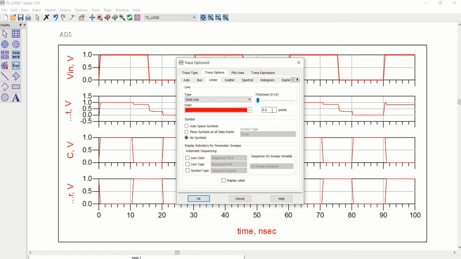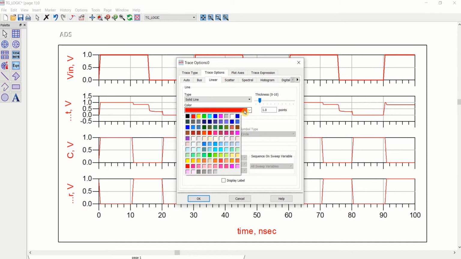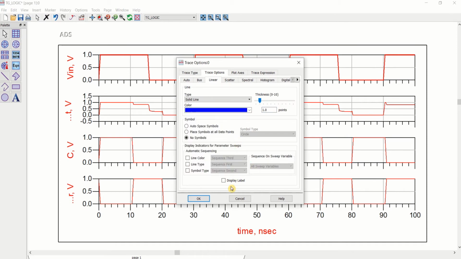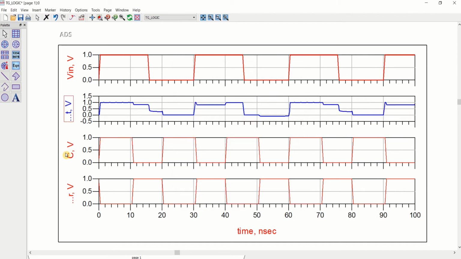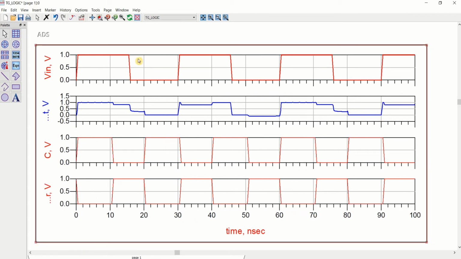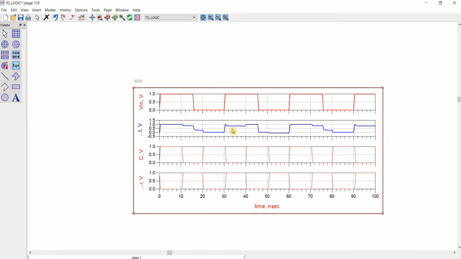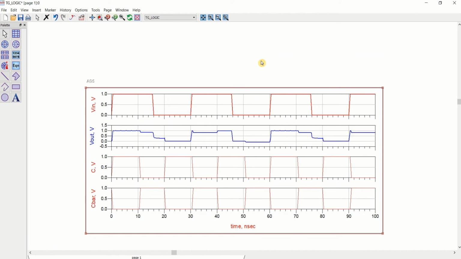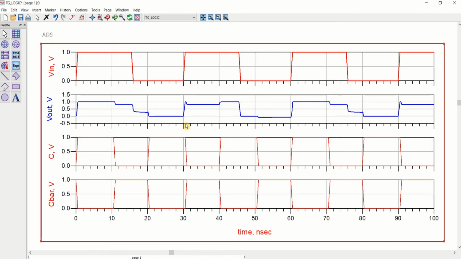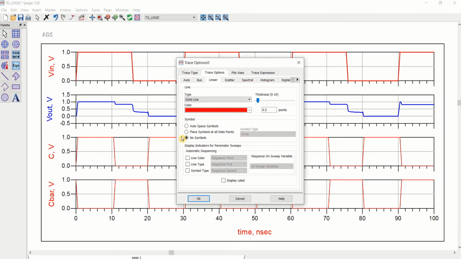This is your V out, 1.0. Change the color to blue. And these are your control signals. So change the color of this.